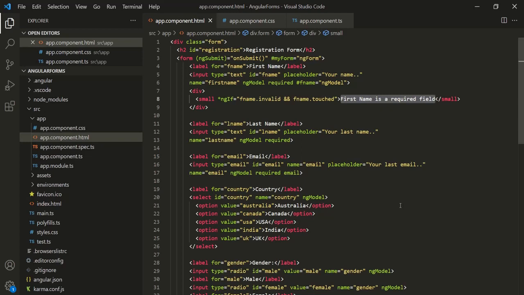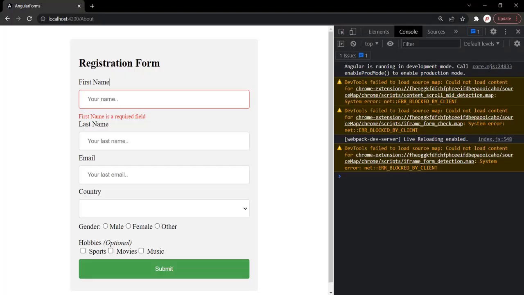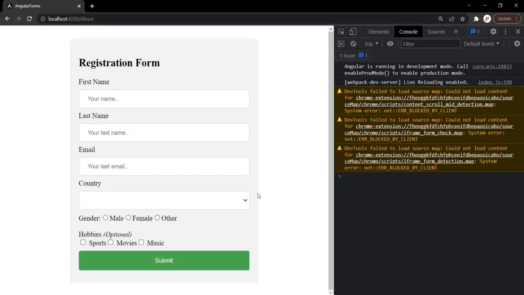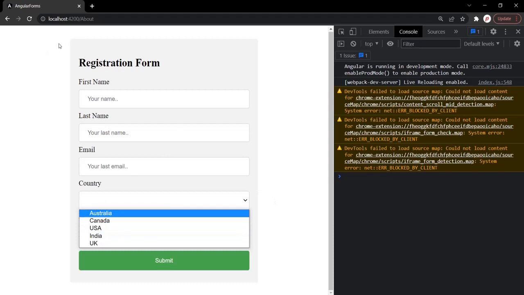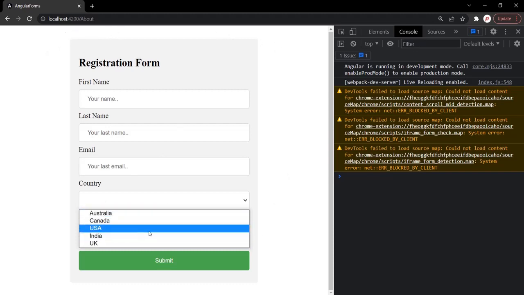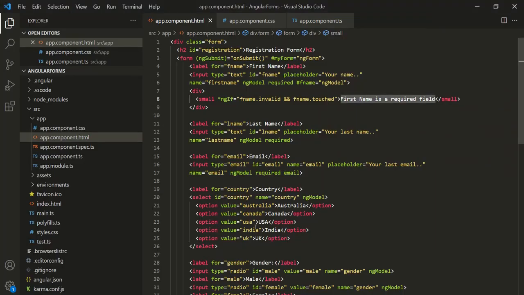Now, we can also set default values for the form controls. For example, here we have this country drop-down list. Let's say I want to set the default country as India. So whenever a user comes to this web page, it should always display the default country as India. For that, on this select element, here we are using this ngModel. Now on this ngModel, let's use property binding, and let's bind this ngModel with a property, and let's call this property maybe